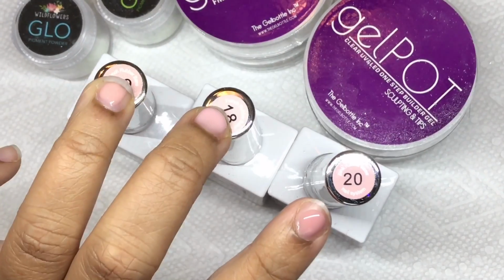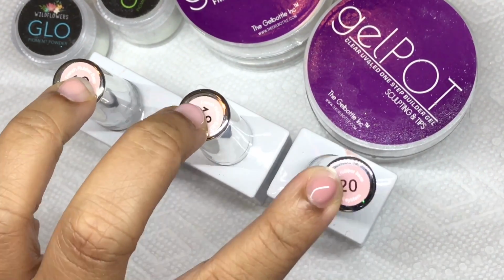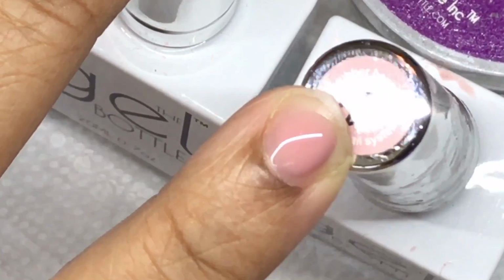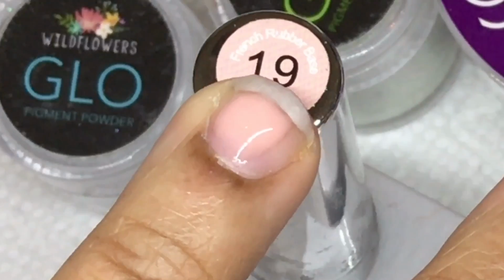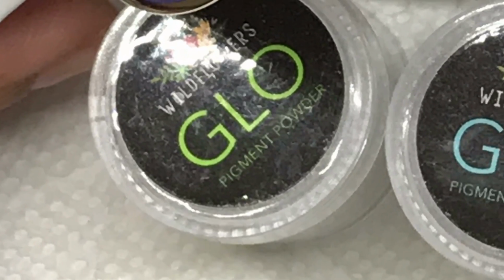So first we're going to go over the builder in a bottle nail bed colors or French colors. These are 3. I have some more, but these were the best I thought for nail bed. And this is number 20, and this is the one I went with. And this is number 18. And you can see I have a little sample on my little dusty looking nail. And this is number 19. I think all 3 of them look good for nail bed colors, depending on what you want to go with